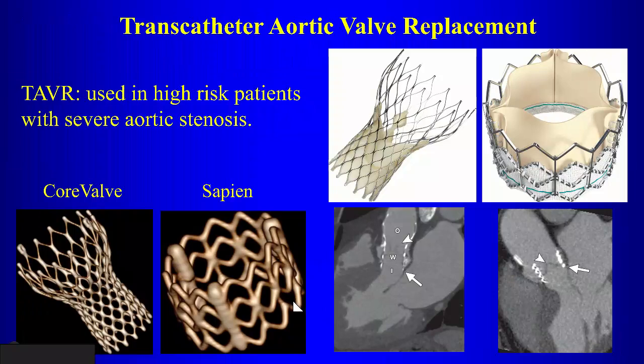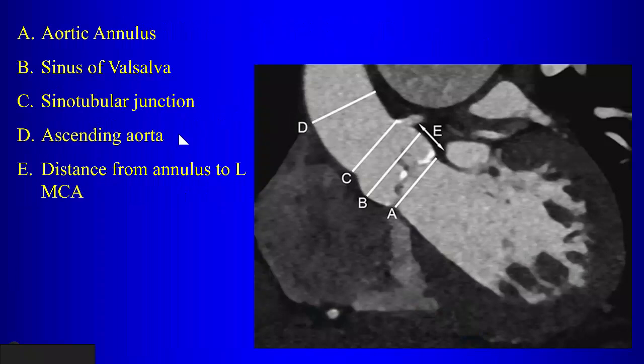So there are two different types that are in wide use now. There's this longer one, which is the CoreValve, which is this one here, okay? And then there's the shorter one, which is the Sapien, which is this one here. They both kind of look like cages, right? This one is shorter, this one is longer. So these are used in high-risk patients with severe aortic stenosis, although now the indications are rapidly expanding for putting